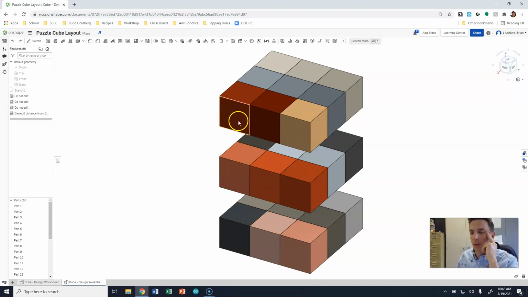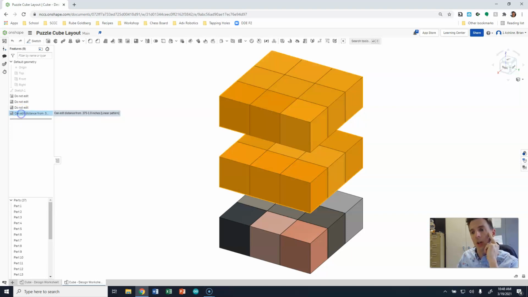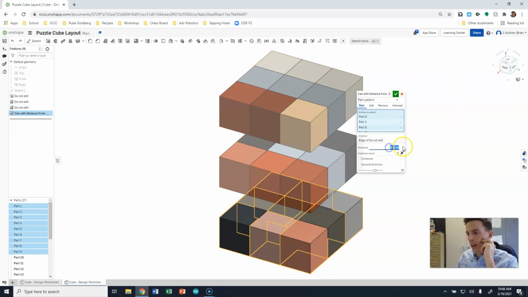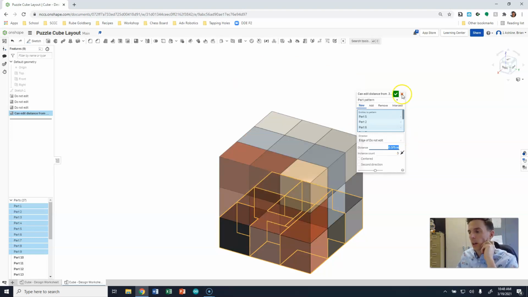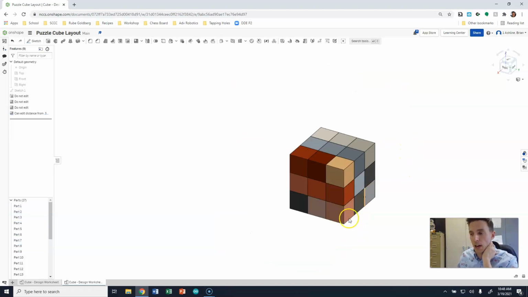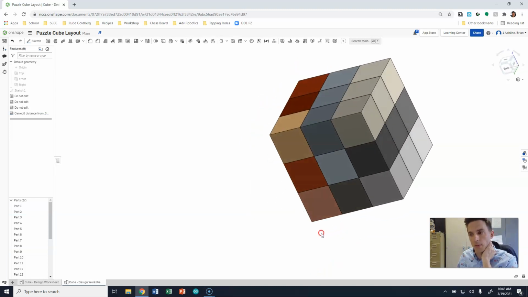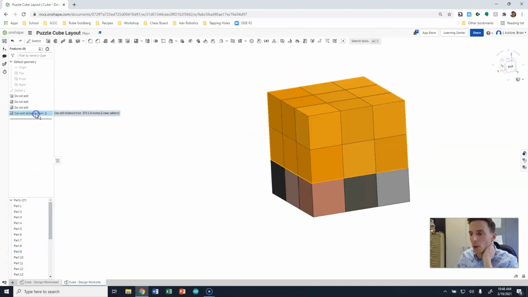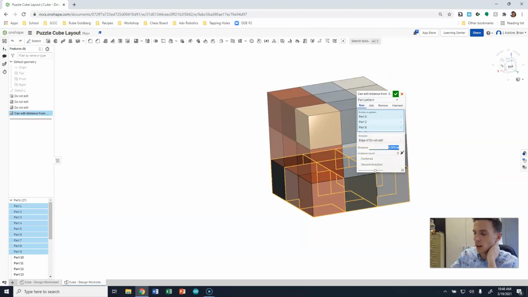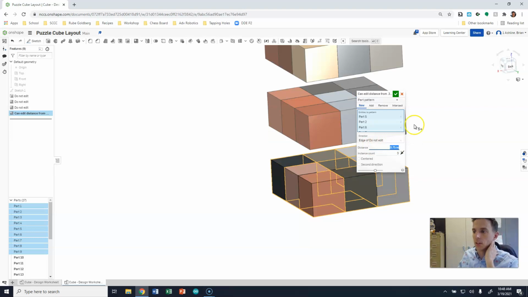Again, our block puzzle is going to be 3 blocks long, 3 blocks deep, and 3 blocks high. If we go over to the side here, there are 3 things that say do not edit, and then there's another option that says can edit distance from 0.375 to 1 inch. If I double click on that, right now it's at 0.75 inches, but if I change this to 0.375 and hit enter, that collapses my cube down to what it's really going to look like in real life. But when I extend this cube to 0.75, it just works well in my opinion